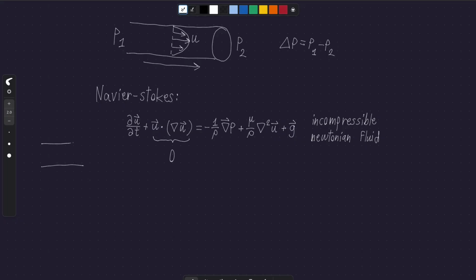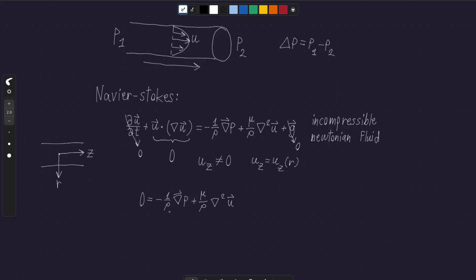Since we're in cylindrical coordinates, actually, we have radial and axial direction, and we only have velocity in z. Everything else is 0. And the velocity in z only changes in the radial direction. Given this, this term is 0, this term is also 0. There's also no gravity, we don't consider that in this problem. Okay, so now all we're left with is this, but this is for a Newtonian fluid, so we need to